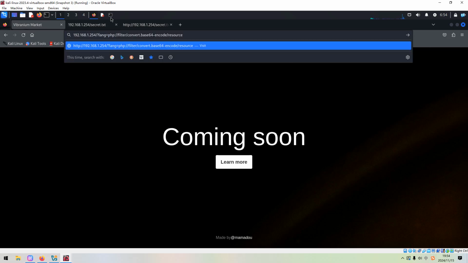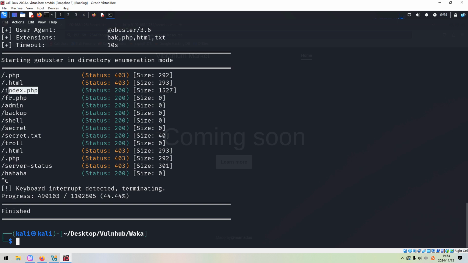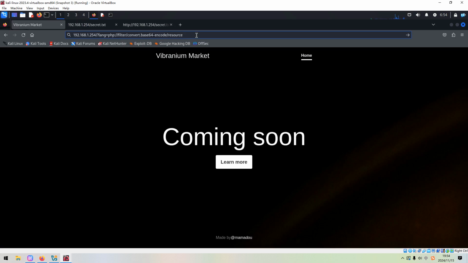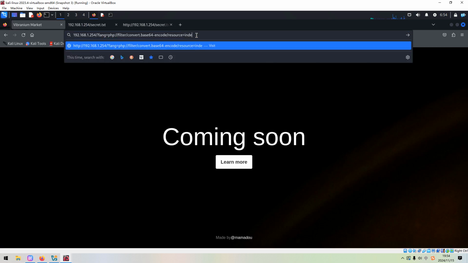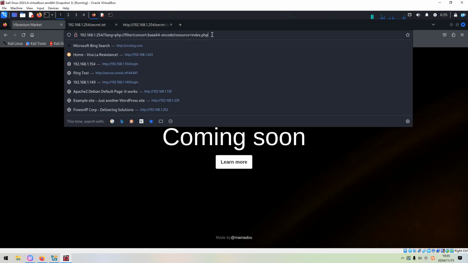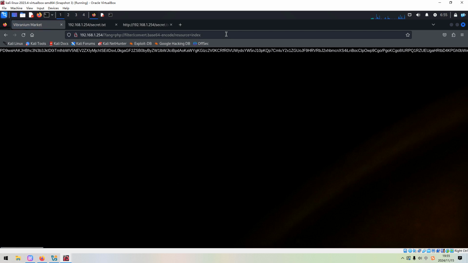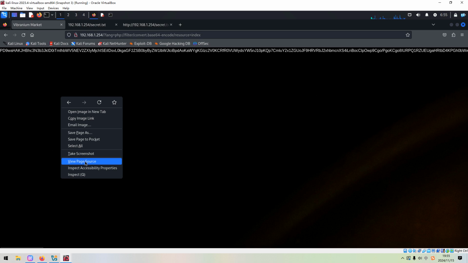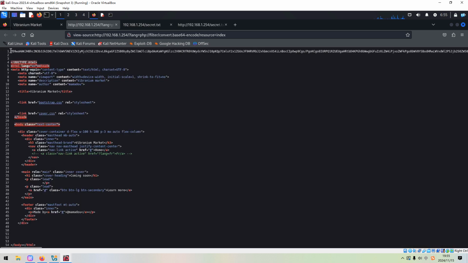Just now we have already identified some file like this one, index. So next we can try to retrieve the source code of this file, index. Normally, sometimes we need to put the extension, but in other cases we do not need to. Okay, as you can see, nothing returned. However, if you remove the extension, we got something back from the web application, and we can check its source code because this would be better. So we can copy,